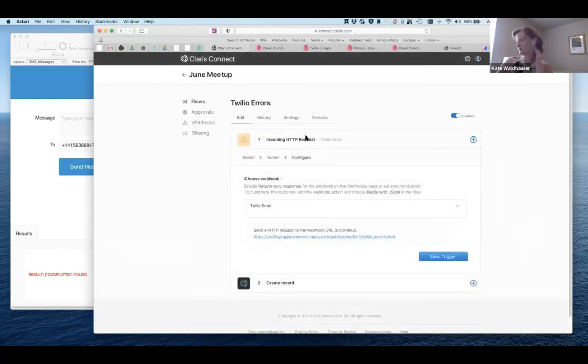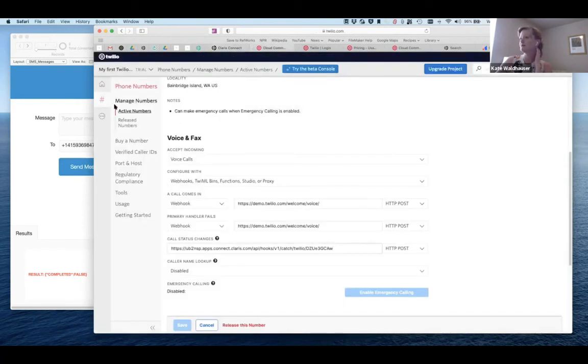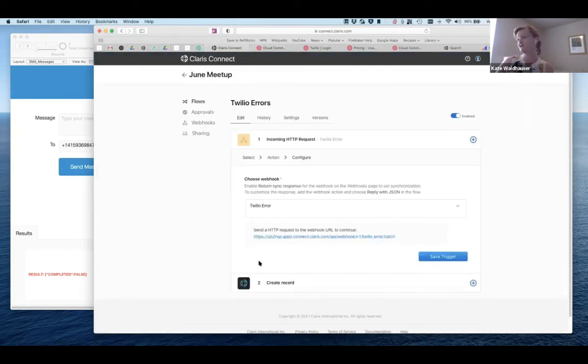There was one more interesting. Twilio has an error debugging capture, which I thought was kind of useful. So if a new error occurs in Twilio, now I'm trying to remember where to set this up, I can put a webhook in there. So if an error occurs, it's going to call that URL. And so I did think that was useful. So you could set up a flow that's just going to, anytime a Twilio error occurs, capture it, and then you can do whatever you want with that. So that was something that doesn't have to do with one of the Twilio actions, but has to do with the Twilio setup.